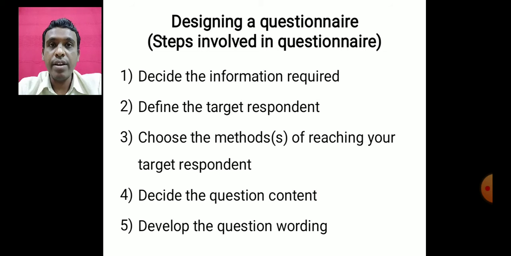Then how you're wording it, is it very strongly worded? If it is very strongly worded, that question should be avoided. Similarly, if any ambiguous meaning is there, you have to think about that. What is the meaning of ambiguous? Ambiguous questions are those questions which may have two meanings, or which may mean this also, that also. When we are confusing the respondents, this is not okay. So you have to remove all those words or all those questions which are ambiguous in nature. Such kind of words should be removed. So you have to work on the wordings of the questionnaire.